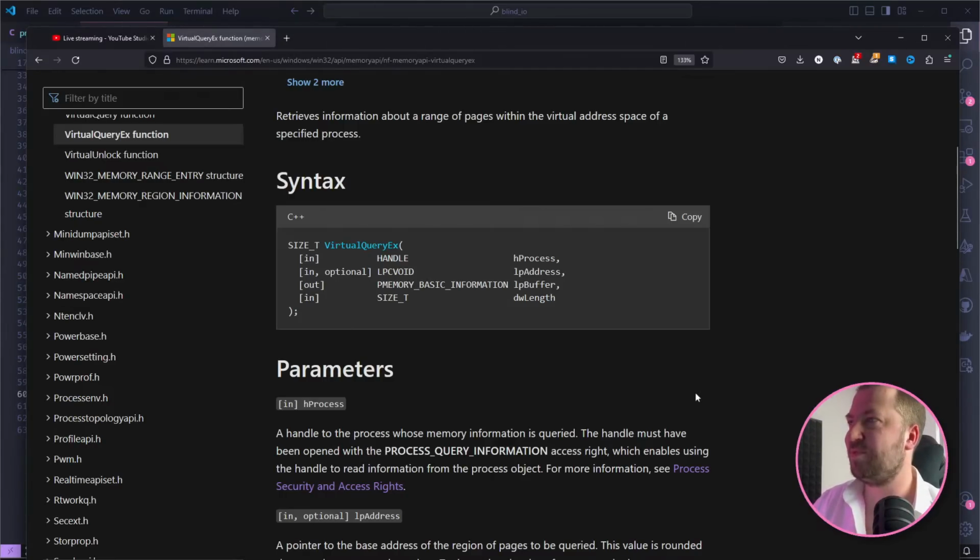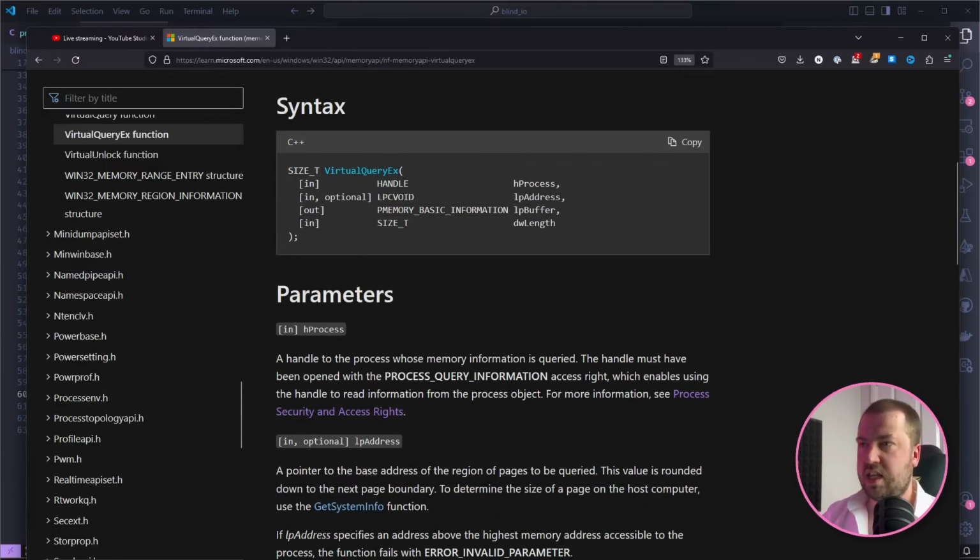It's very distracting and it keeps taking me away from what I'm trying to explain, which isn't producing a great viewing experience for anyone. So we're going to use this function called VirtualQueryEx, and the first argument is a handle to a process. This is just a Microsoft construct which represents a running process, which we've already built and abstracted. So we already have access to this.